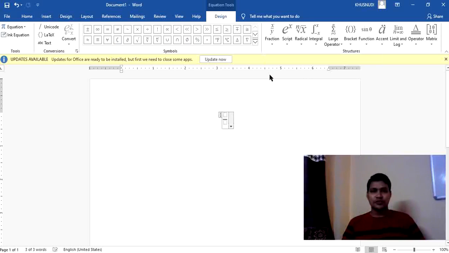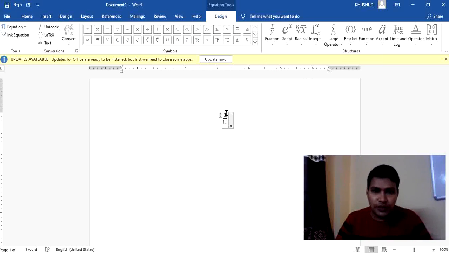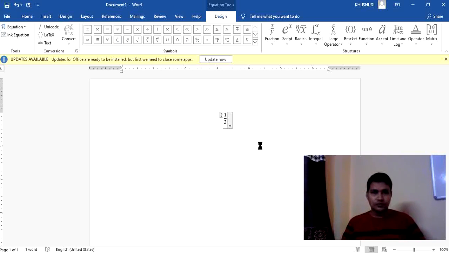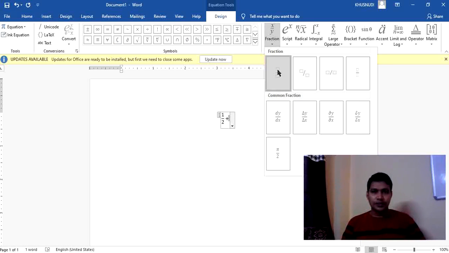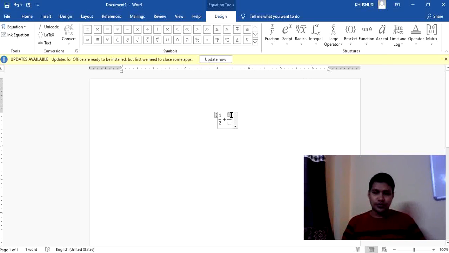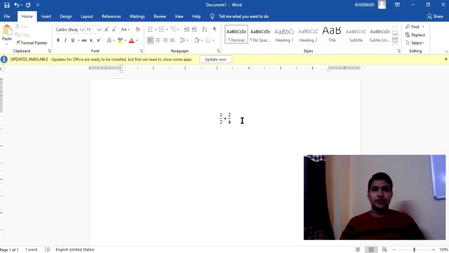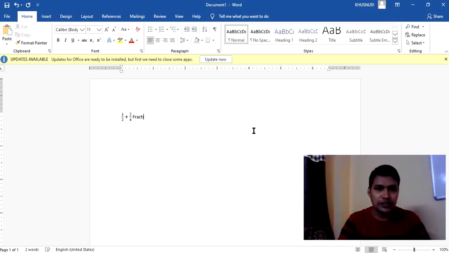For example, you just want to create 1 by 2 plus another fraction, 2 by 4. Okay, this is a simple equation related to the fraction. In this way you can insert a fractional equation in MS Word. Actually typing of these things is not possible. This is called a fractional equation. Okay,